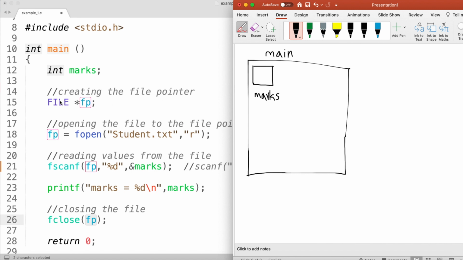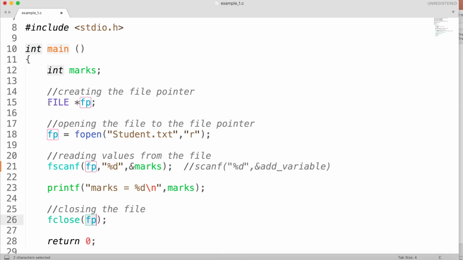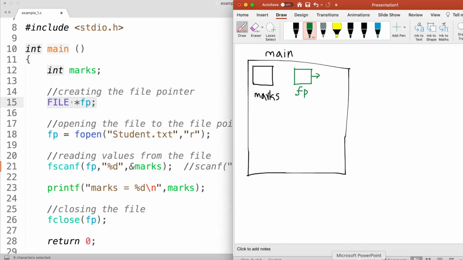The next thing that I'm executing in my program is declaring a file pointer. So what does the file pointer mean? It will declare a file pointer in my computer memory. At the beginning, this is a pointer variable, so we indicate a pointer variable using a little arrow. This is what we call fp, our file pointer variable. When you open a file, the file will be attached to this file pointer. So after execution of this statement, this is how my memory looks.